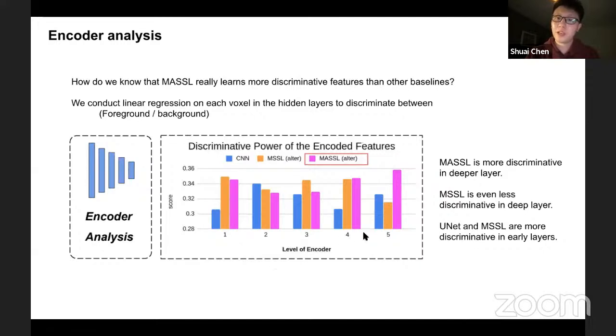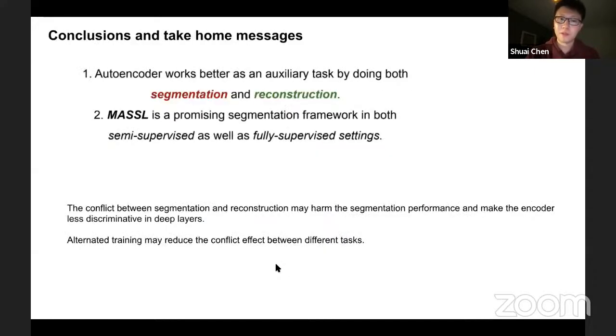So we only show the power of linear regression to separate foreground and background. Maybe if we use more advanced regression methods, this may change. So this conclusion is not quite solid.